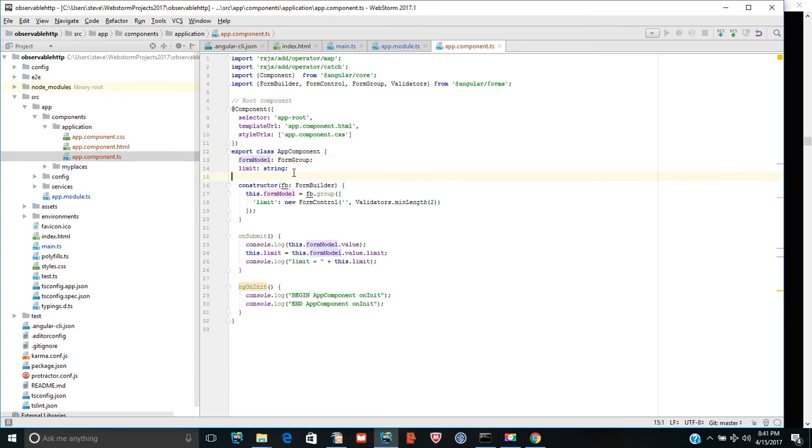We have a limit string, which is the value that I'm going to use to limit the results of our web service on the front end. The constructor injects a form builder into my constructor. Notice how this is just magic. I just have to include it, and I could use it for injection. This is really nice. Okay, this form model, which is of type form group,